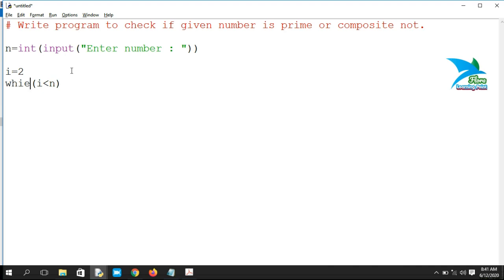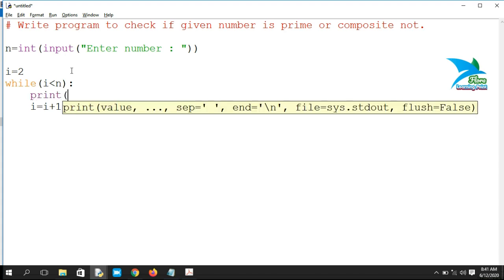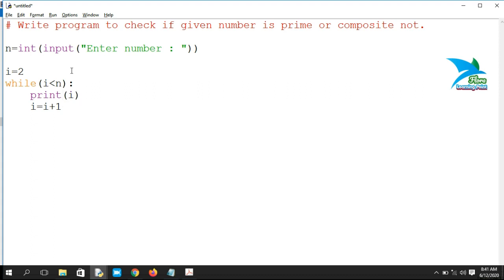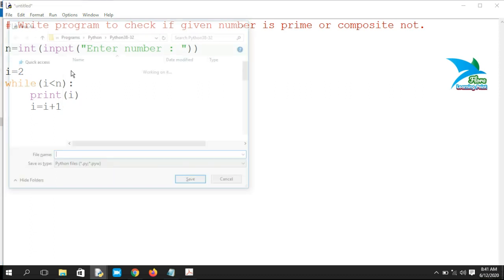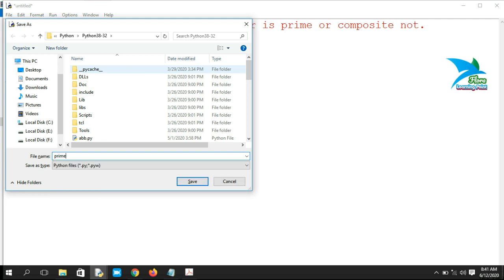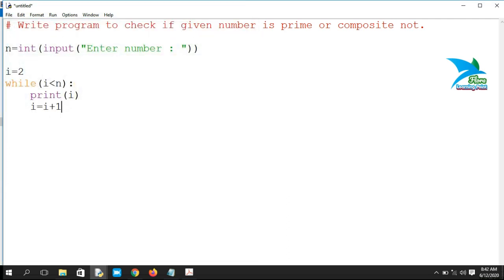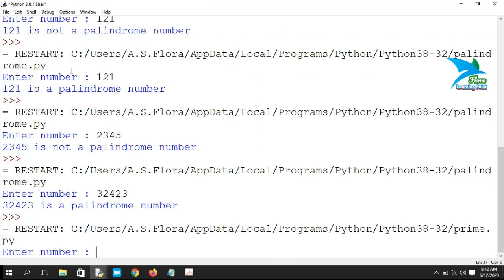So this loop will run from the value of i up to n. We have to update the value of i by 1, and first check if the values are okay, then print the value of i, save it as prime.